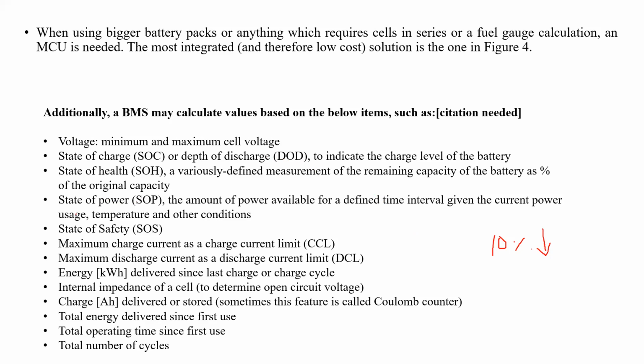Next, state of power. What will be the power state? That depends upon the charging and discharging, and also upon the load. So each and every time, the power of the battery should be monitored. The power level should be monitored by the battery management system at all times.